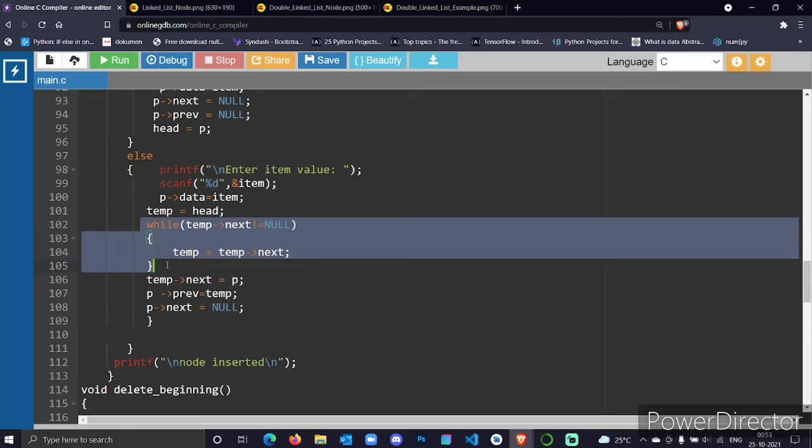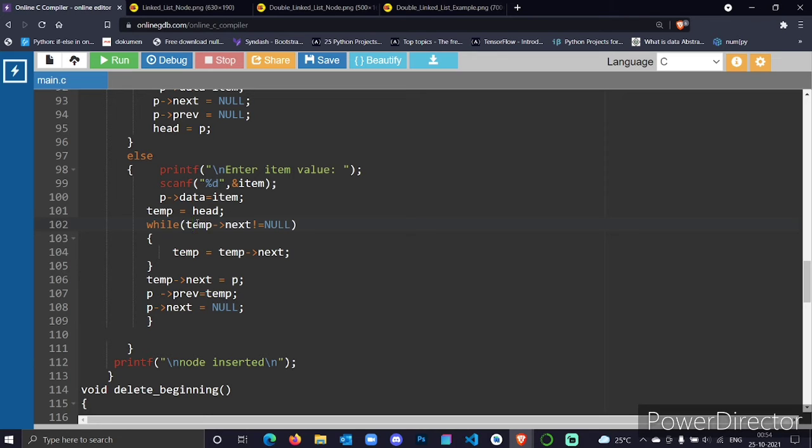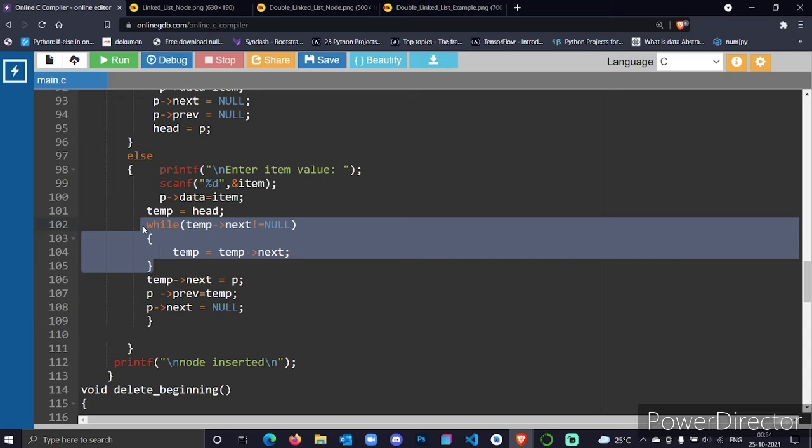and then this while loop comes. All it does is move the position from the top to the last. I'm saying while temp of next not equal to null, I'm moving the temporary pointer variable to the next position. Once this condition finishes, it comes to the last node of the linked list, which, as I have already said, should have next null.